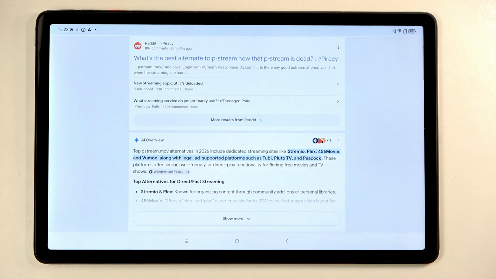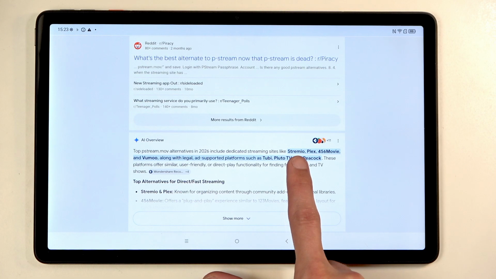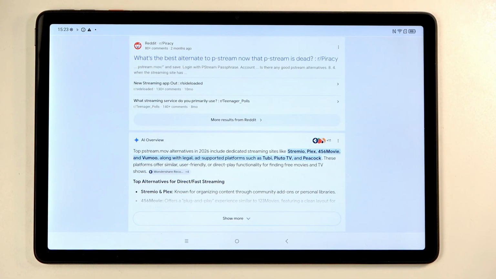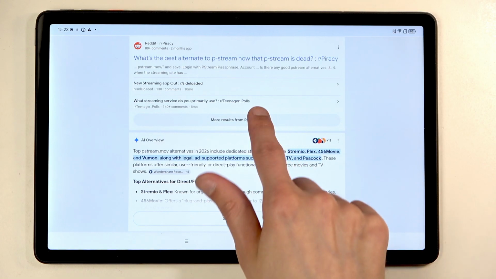Now, you can technically look at AI overviews, but that would give you absolutely nothing. The only good recommendation in here, as far as I can tell, is the Streamio right here. But that on its own is not even that great. It's through using a plugin like Torrentio, but at that point, that is piracy. And that is illegal. So I'm not going to be talking about that one or recommending it,